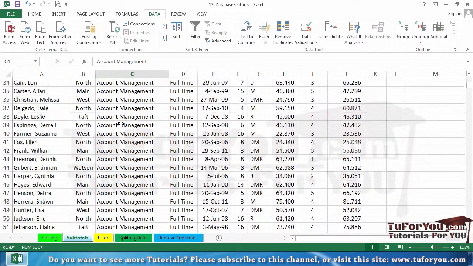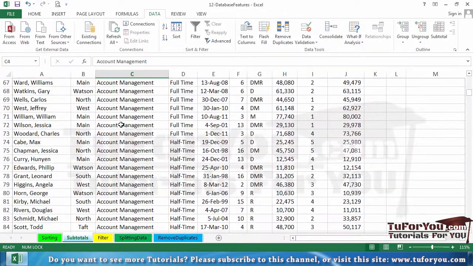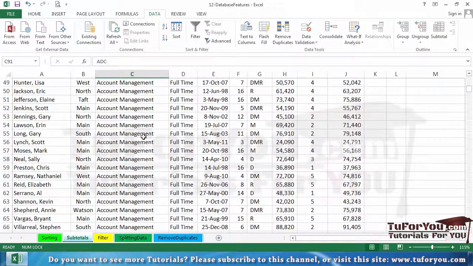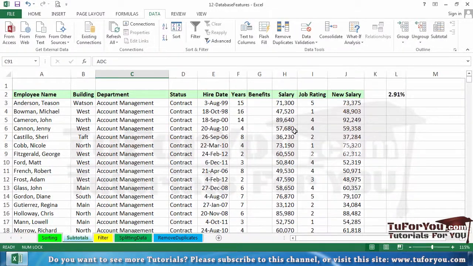So we've got a lot of account management people here, and whenever there is a breakpoint, in other words whenever we see a change here, we'd like to insert a new row that tabulates the data from above. Now, not all of our columns have data that we could tabulate. However, it might make sense to show totals for salary, well, not total for job rating, maybe an average. And so we can create subtotals, insert them automatically, not by painstakingly doing it manually, by using a feature available